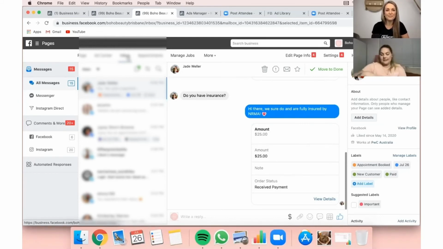The best thing is that on your Facebook pages app, I'll just bring it up here. So I've got it up for Boho Beauty. You'll be able to see that's there. Down the bottom, a little appointments option. When I select that appointment option, it's going to show you, and then you can just slide through and you'll see all the days for your appointments too. So anywhere you go, you've got all your appointments. You can message them if you're running late, anything like that. You can contact them straight away.